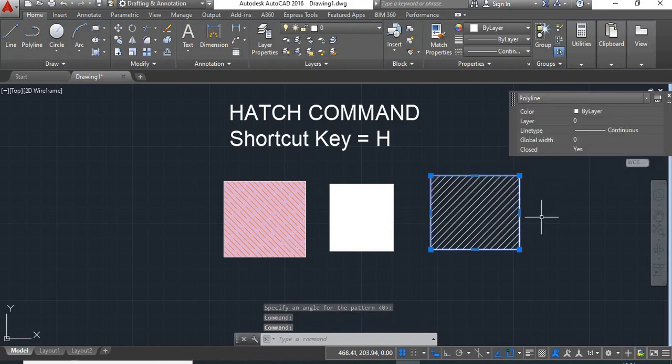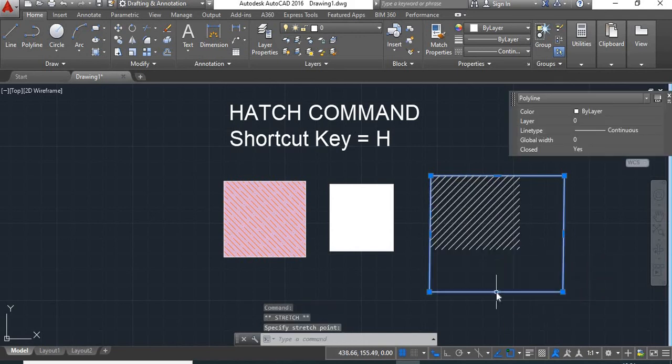Now here if I increase the boundaries of this object, you will see here the hatching will remain at the given portion only and it will not get adjusted according to the boundaries. So if you want to get your hatching adjusted according to the boundaries of your object, then you will have to keep this associative active.